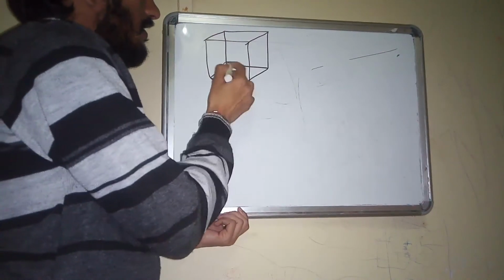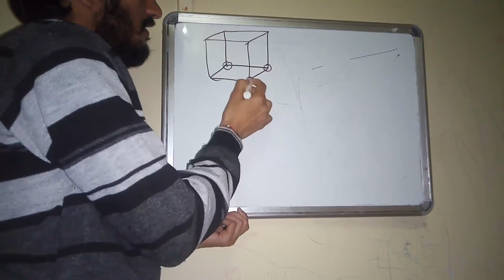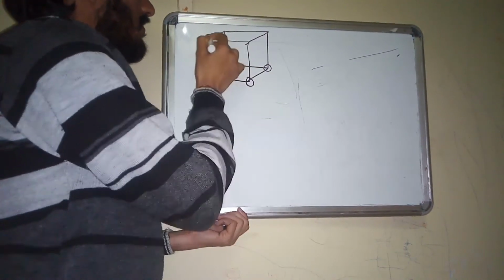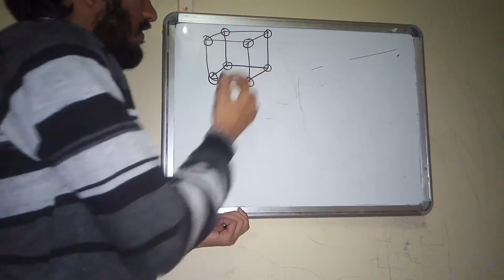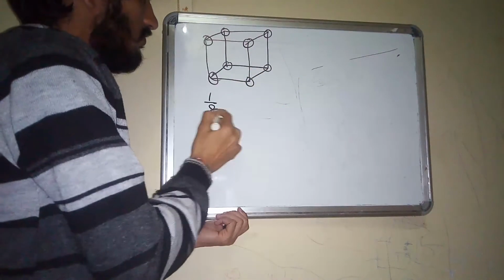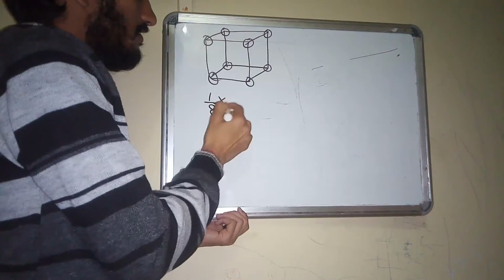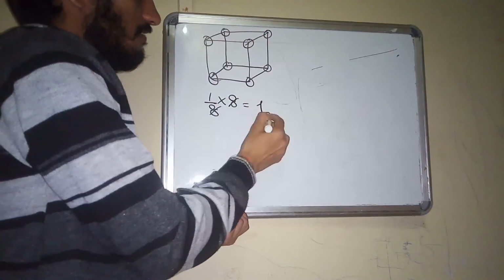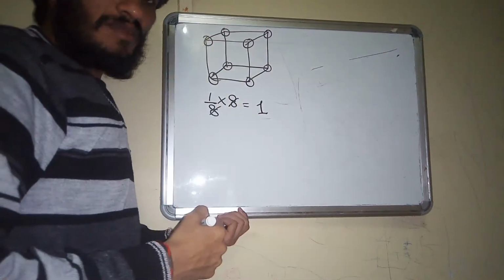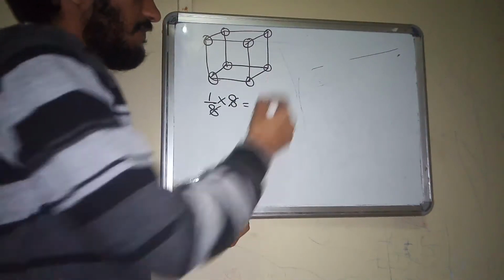Here there are 8 corners present. In 8 corners, 8 atoms are there, and the contribution of each atom is 1/8. So in total, how many atoms? 8 times 1/8 means the total number of atoms present in a simple or primitive unit cell is 1. Now,